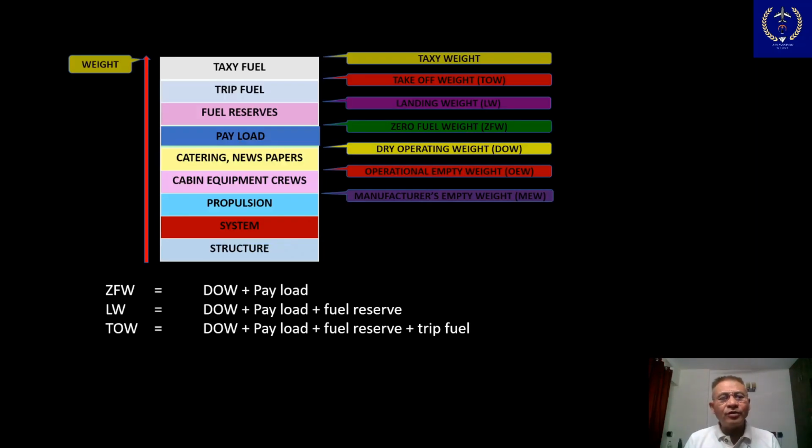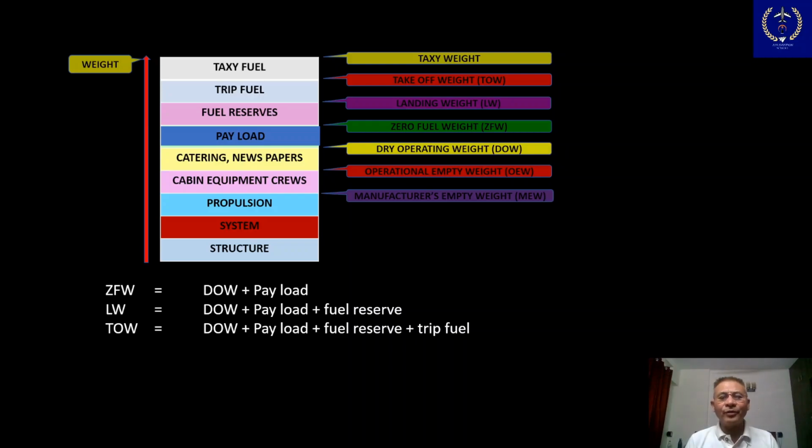Today we will learn about a very important chapter for the CPL ATPL examination, that is the calculation of the payload. Not only for the examination, this particular numerical is required for daily operations also. Before we start with the calculation of the payload as such, we will see what constitutes the total weight of